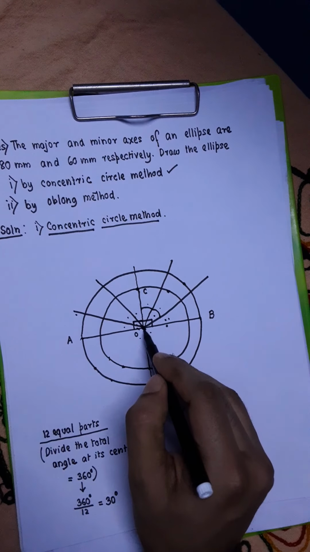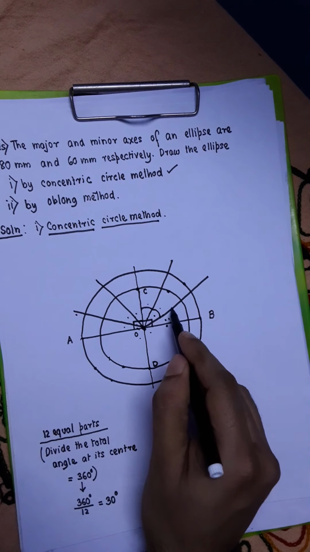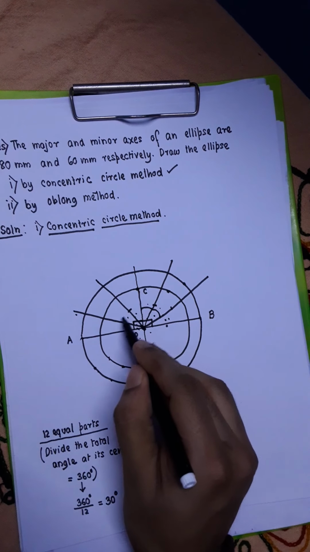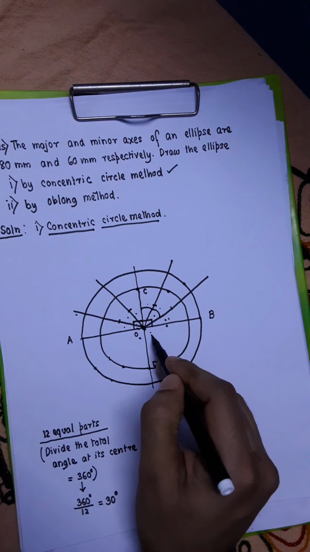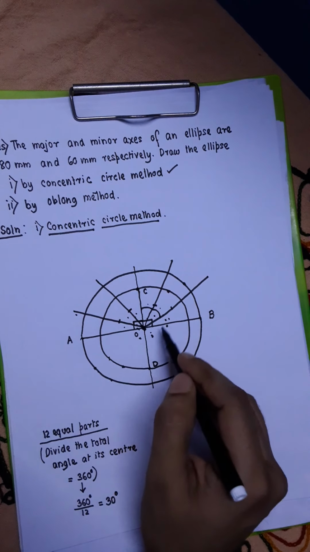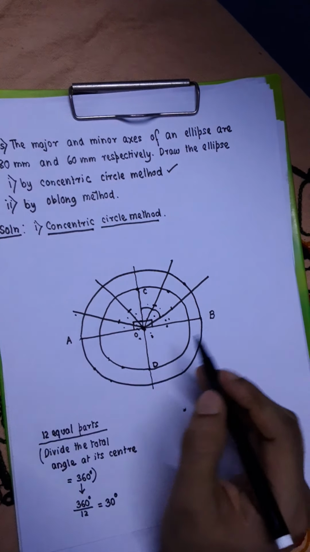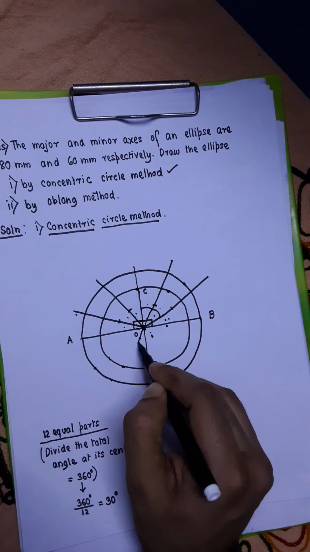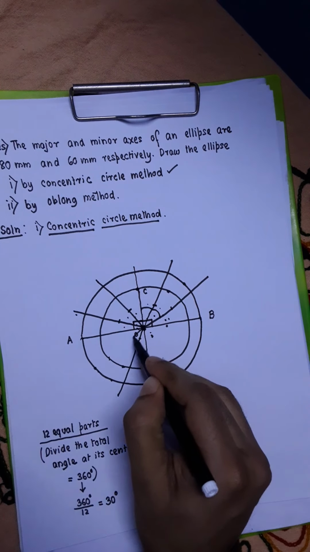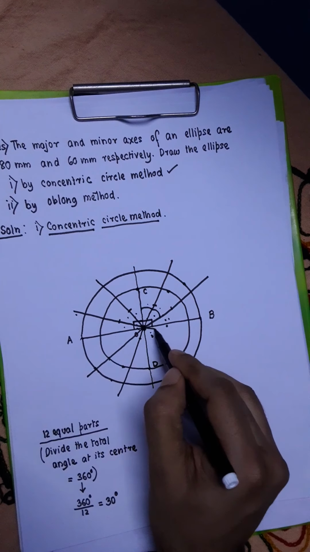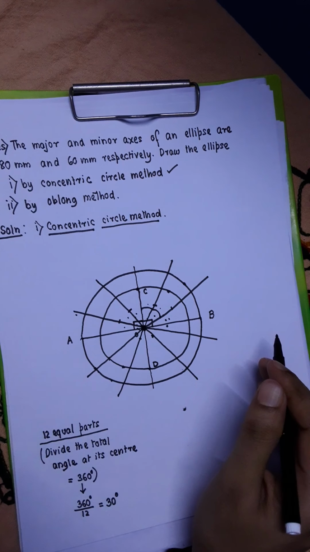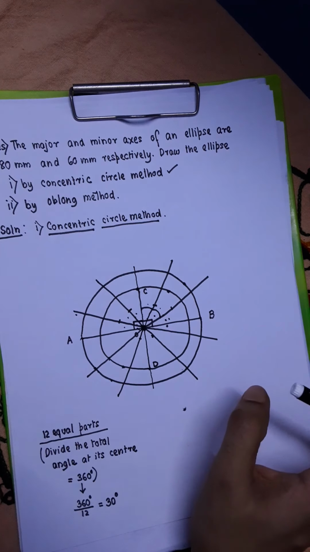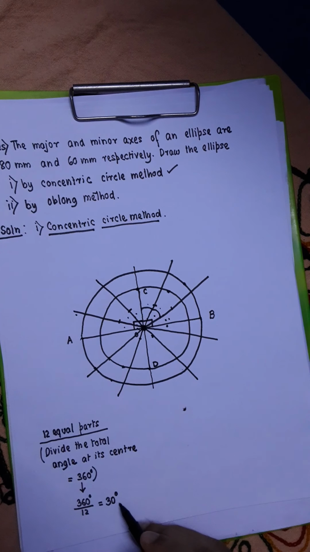Now if you extend all these lines, this line, this line, this line and this line, into the other two quadrants, into this quadrant and this quadrant, the task of dividing the two circles into 12 equal parts will be complete. So just extrapolate this line, this line, this line and this line to complete the remaining task. So you see both the circles have been divided into 12 equal parts, each part covering an angle of 360 degrees divided by 12, equal to 30 degrees.